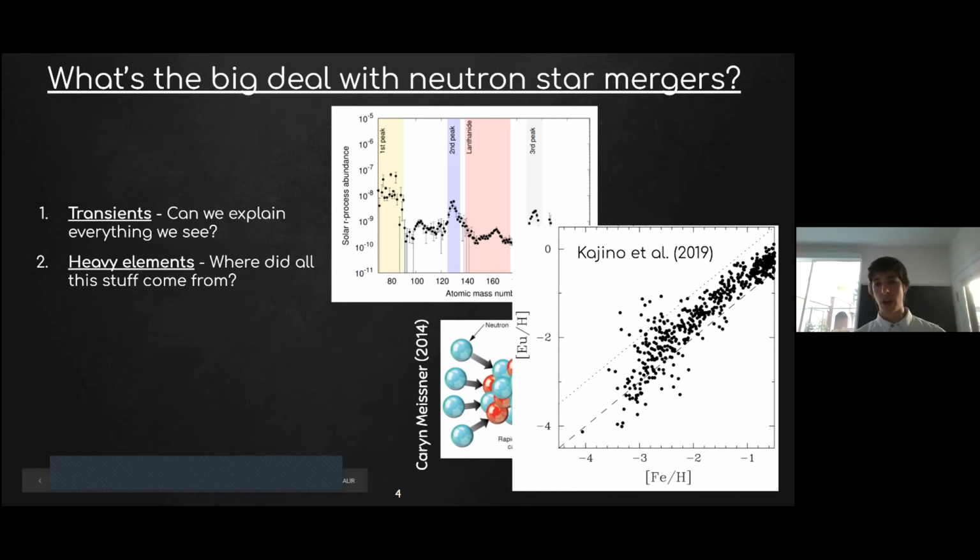And on the y-axis is the amount of europium. If you were to plot this same plot in calcium, for instance, then this correlation would extend down to very low metallicity stars, metallicity being the amount of iron relative to hydrogen. So for elements that are formed in supernovae, this trend continues downward. But for these r-process elements, there's a bunch of scatter here, which says that